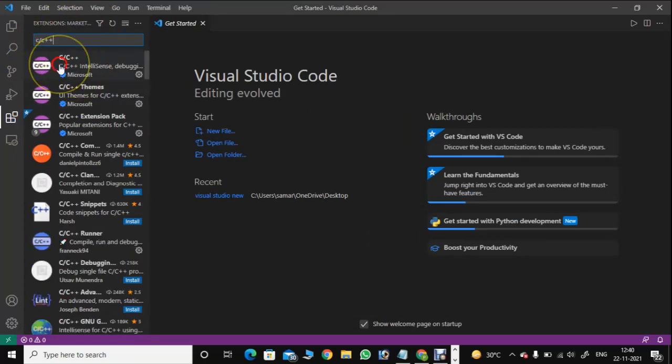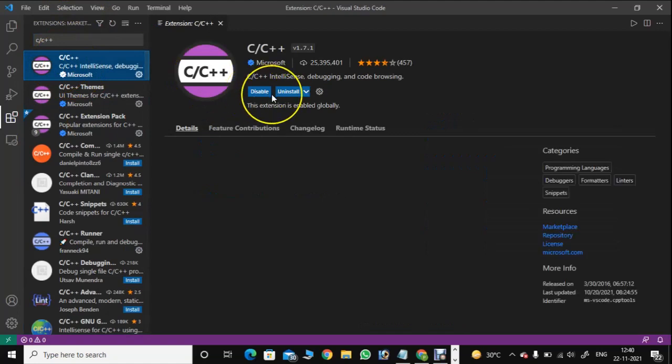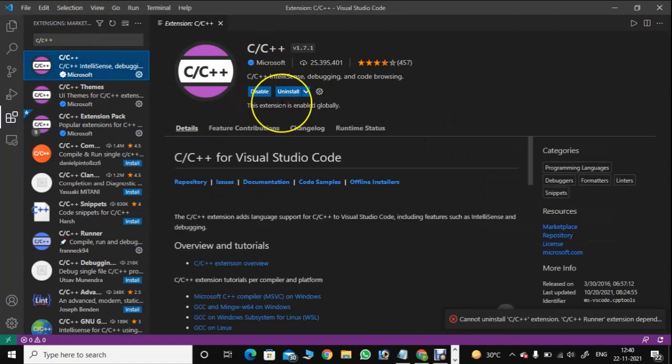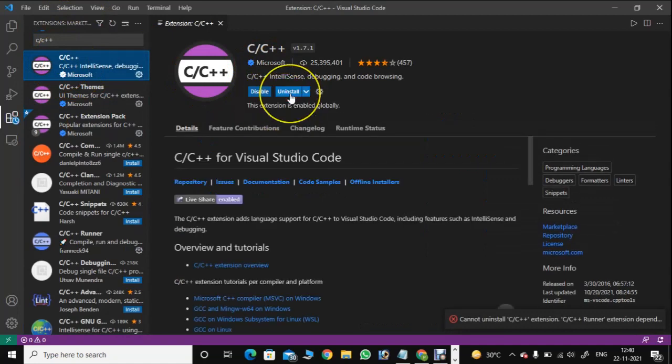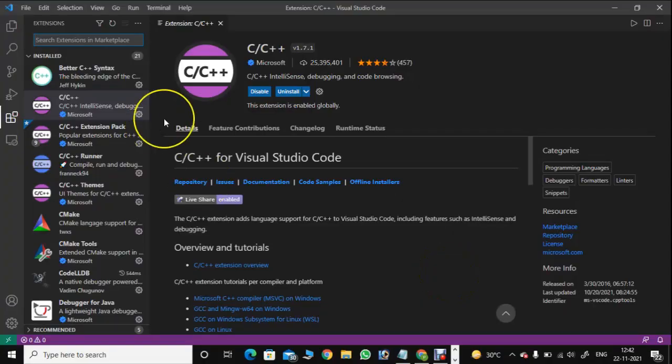So as you can see, it came. Ensure that this is from Microsoft. Actually, I had already downloaded this one in my machine, so you have to download this one. There will be a small install button. You just click on that.